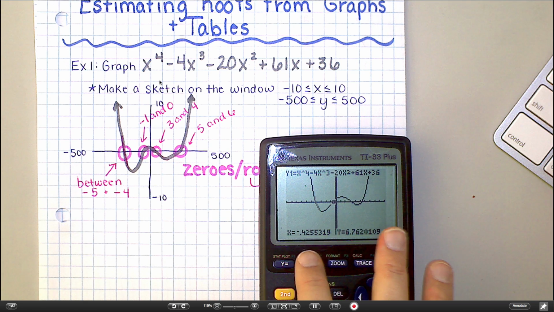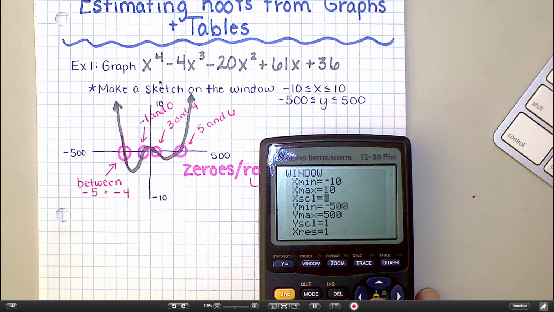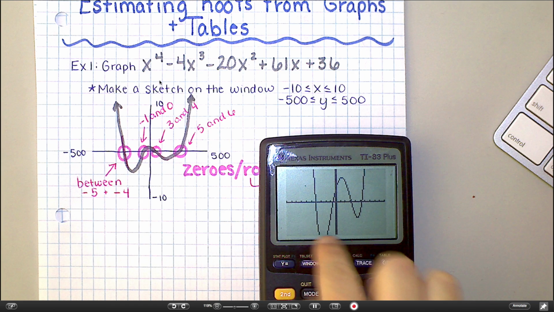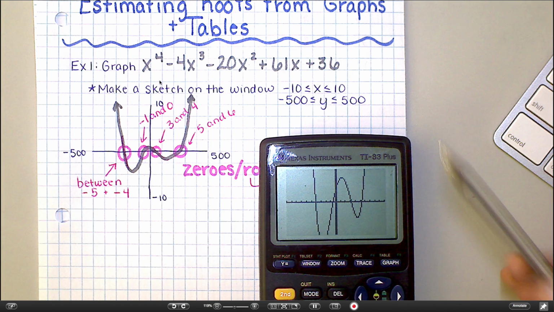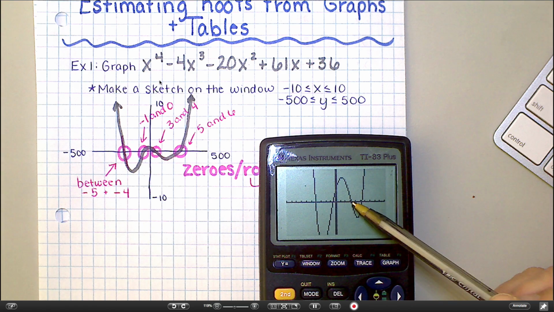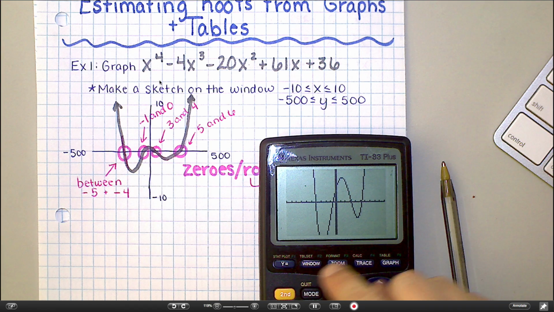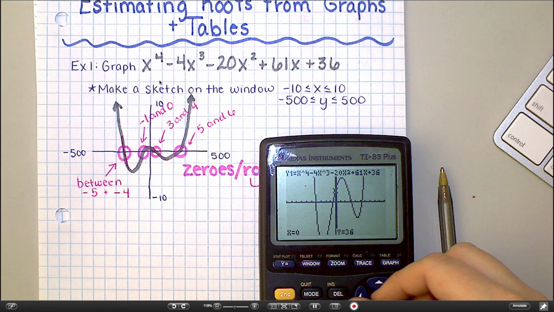Let's just for fun, let's go in our window and maybe try -100 and +100. I want you to see that might get us to be a little bit more specific. Now you can see we kind of lose that bottom bump of the graph, okay? But our zeros are a lot easier to see here, okay? So if I hit trace again and I walk along the graph,